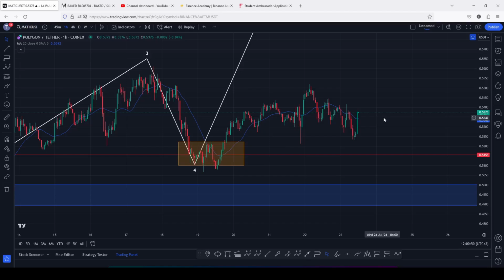Polygon Matic at the time of this recording has started to see an aggressive bounce to the upside, and at the time of this recording we have managed to break above the 20-day MA here on the 1-hour chart, flipping it back into support. And this bounce is playing out after we continued to hold above a significant key area of support above the